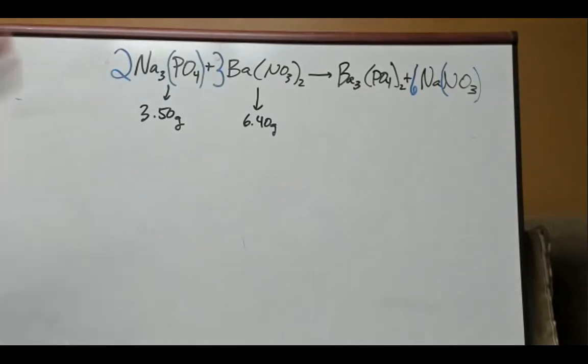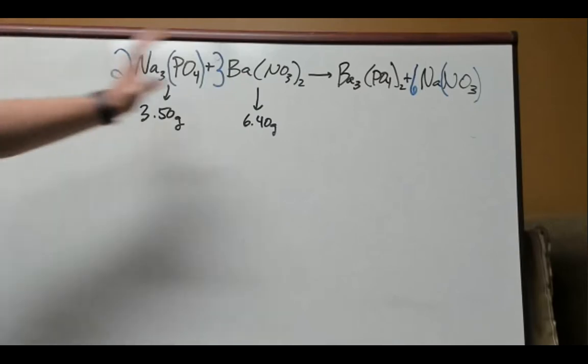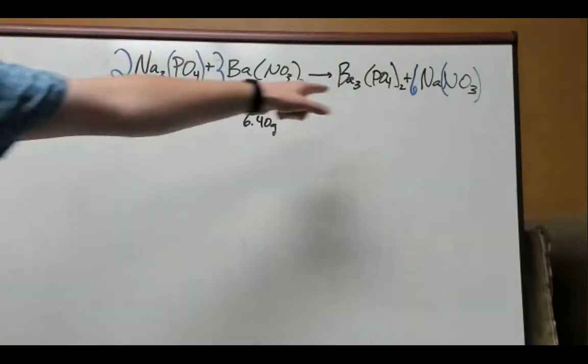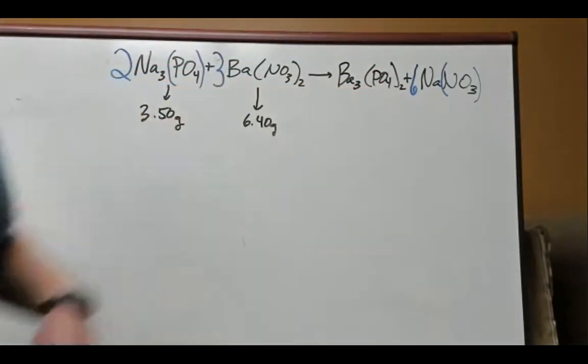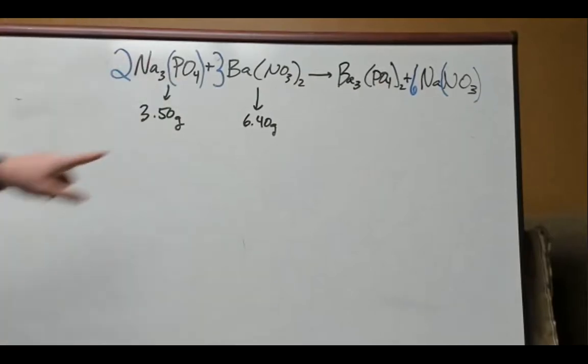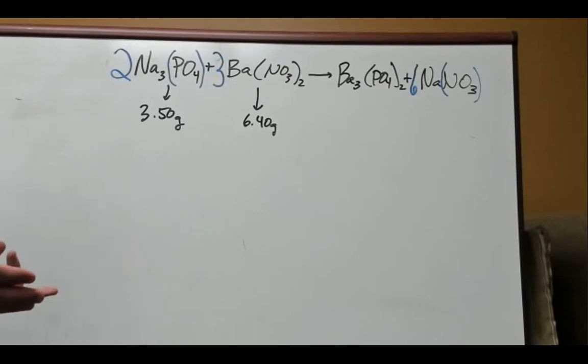So we balanced the equation. Perfect. We know we're supposed to find the barium phosphate. How many grams of that are produced? And we're given grams of the reactants. If you're given grams of reactants and asked to find a product, or it just tells you to find the limiting reagent, we know this is a limiting reagent problem. Our flashers in our mind should go off, and we know how to solve this problem already. We know what pathway to take because we did it with the